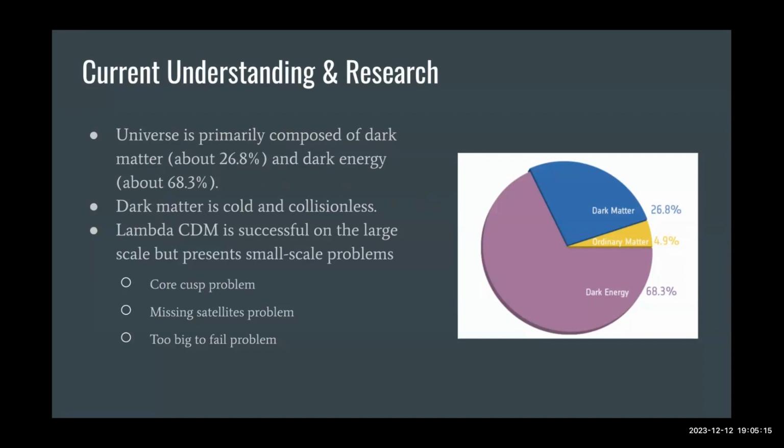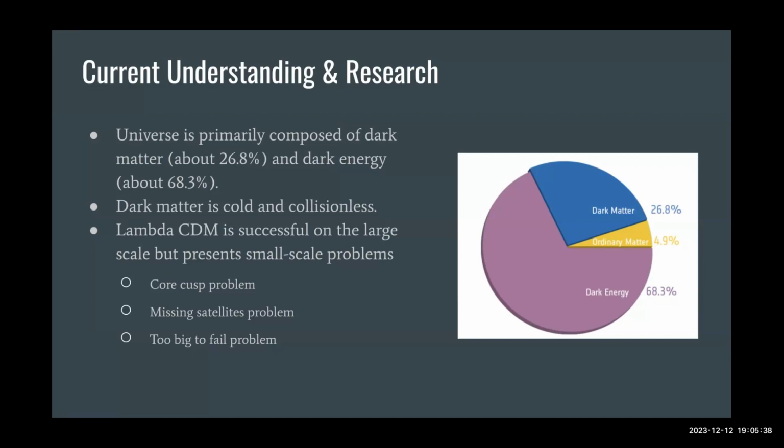Dark matter is believed to be cold and collisionless. Cold in this context means that dark matter particles move relatively slowly compared to the speed of light, and collisionless means that dark matter particles do not interact with each other or with other forms of matter via electromagnetic forces, except through gravity. The Lambda CDM model has been successful in explaining large-scale structure and observed features of the universe, but